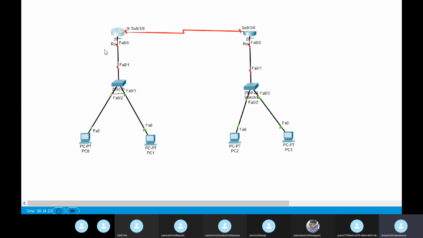That means 24, 25, 26, 27, 28, 29, 30, 31, 32. You said 30. If I subtract, I will get only 2, no? But we need a requirement of 3. So the best possibility is 29. If I reduce 8 minus 2, 6 will be there, out of which I can implement 3. So this is how you need to convert.